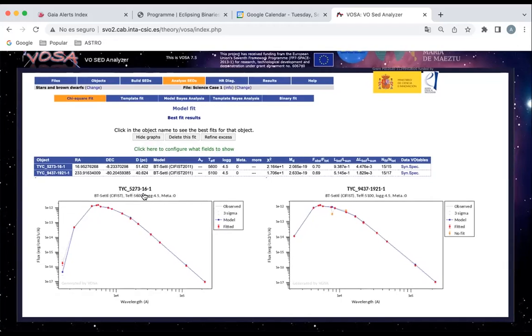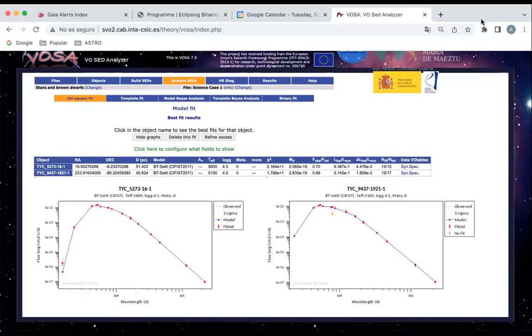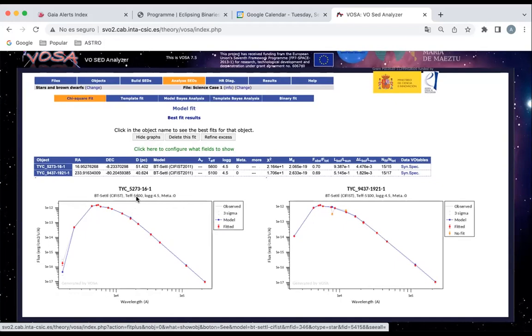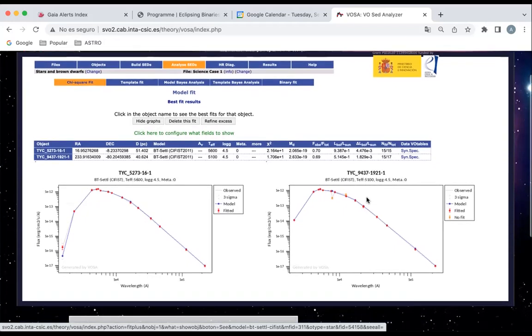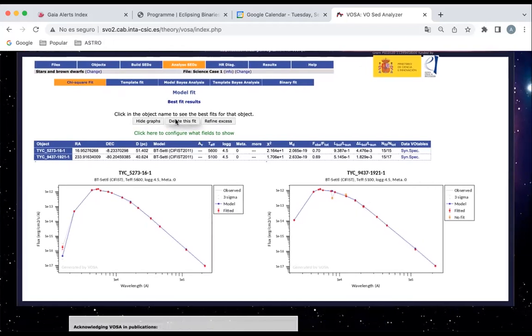In the title of each graph, we can see the effective temperature that the fitting process has derived. Here it's 5,600 and here 5,100. And to get information about the radius and mass of each star, we can click on this